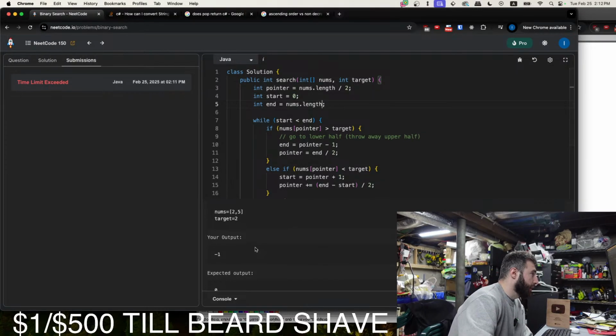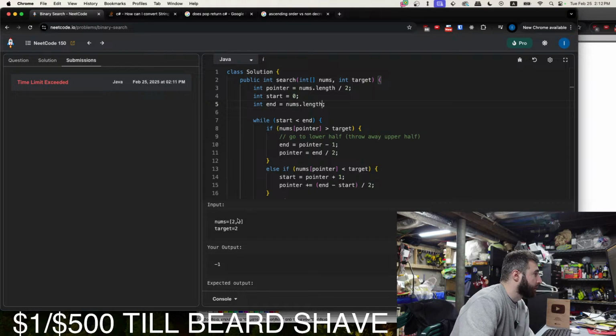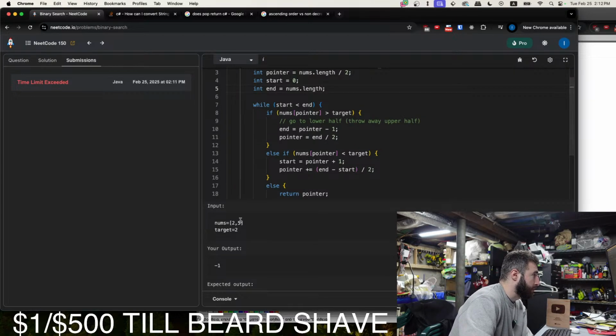But let's see. Let's follow through this test case. What happens? So our start is 0, our end is 2. 0 is less than 2. We go in. Also pointer is 2 divided by 2, which is 1. So 0, 1, we start here. Is nums pointer, is 5 greater than target? Target is 2, so yes, it is. What happens?